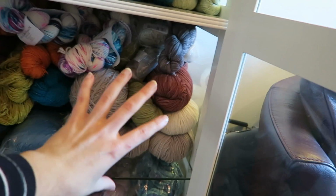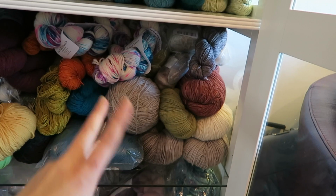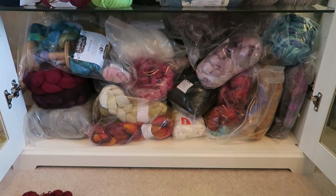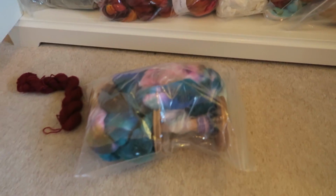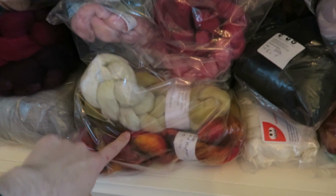I think that'll become a lovely colourwork jumper, but I haven't started because I'm still trying to work out what my contrast colours are going to be. Down the very bottom is lots and lots and lots of unspun fibre. So, for example, this comes from Hedgehog Fibres Club. And these come from